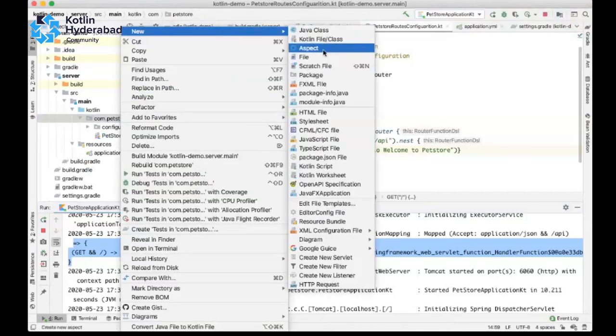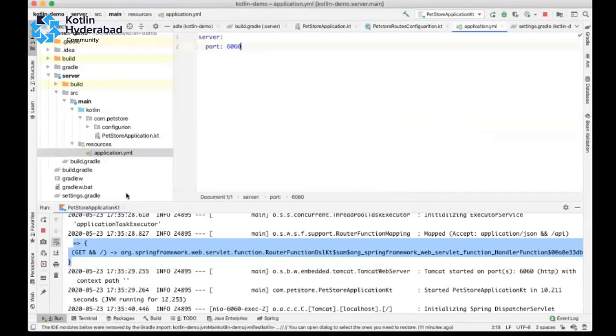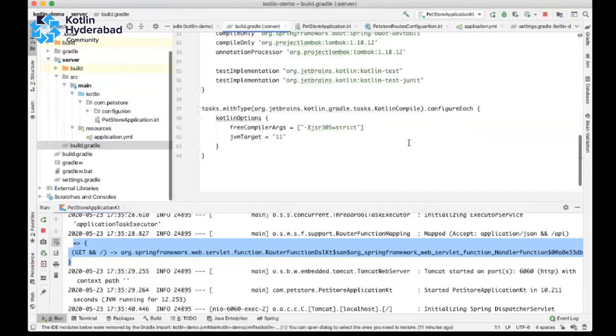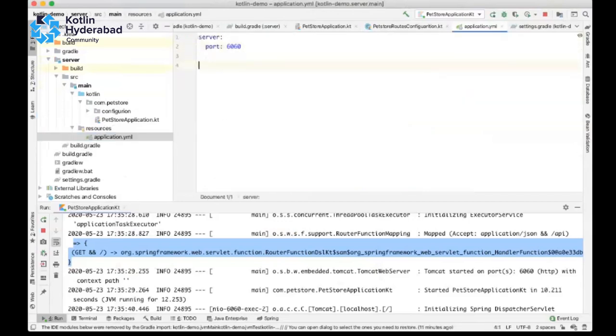Next we will define some database stuff as well. We have the JPA dependency. I'll define the H2 database configuration here.